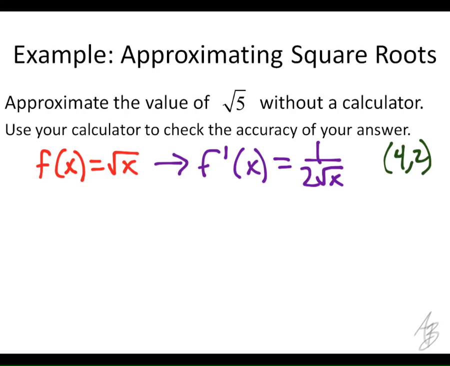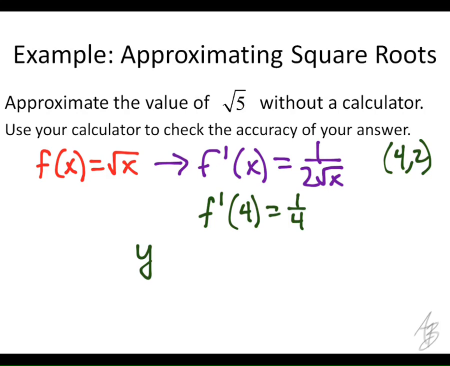So what's the equation going to look like? What do I need to know? I need two things. I need a point, which I have, and the slope. How do I find the slope? Put 4 in for x. Plug 4 in for x where? In the derivative. Into the derivative, exactly. So the slope at 4 is going to be the derivative at 4, which is going to be 1/4. Good. Okay, so then the equation of the tangent line is going to be